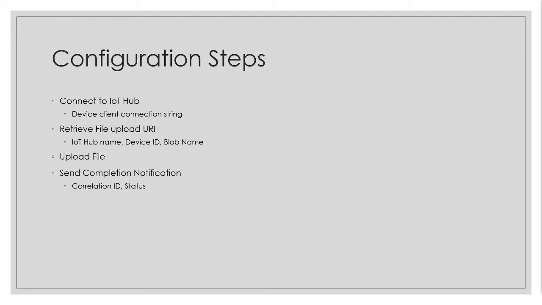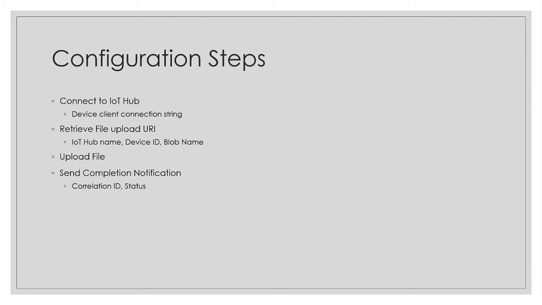In order to upload files to blob storage, a sequence of steps needs to be performed. First, the device must be connected to the IoT Hub using the device client and the connection string, using any of the authentication methods which is selected. Next, the device needs to send an HTTP POST request to upload the file. To upload the file, it needs to know the file URL to which it needs to send the file. So it needs to make a POST request to get the file upload URI.